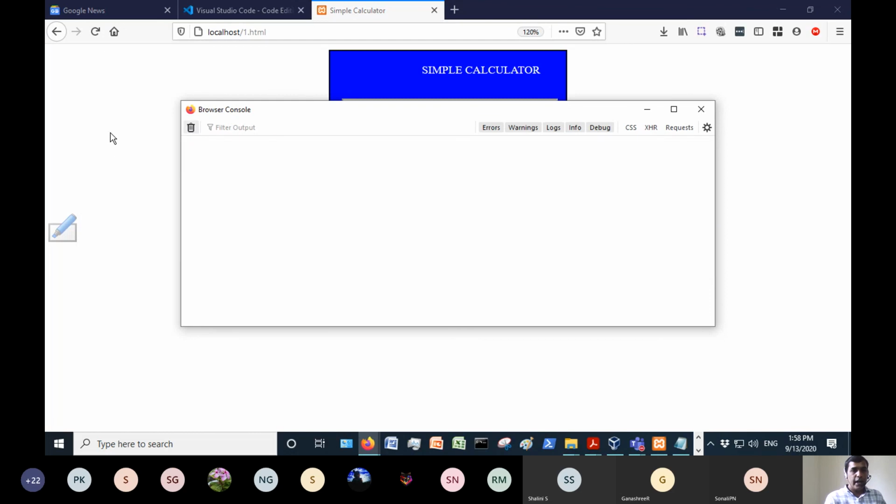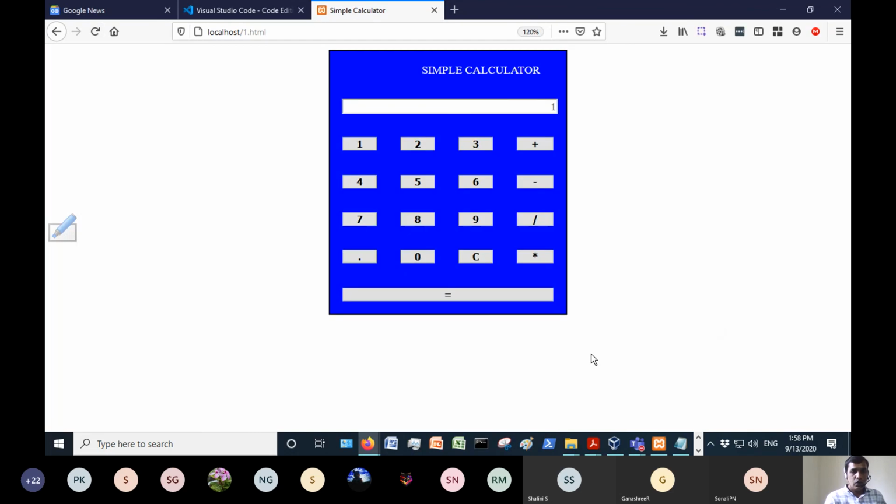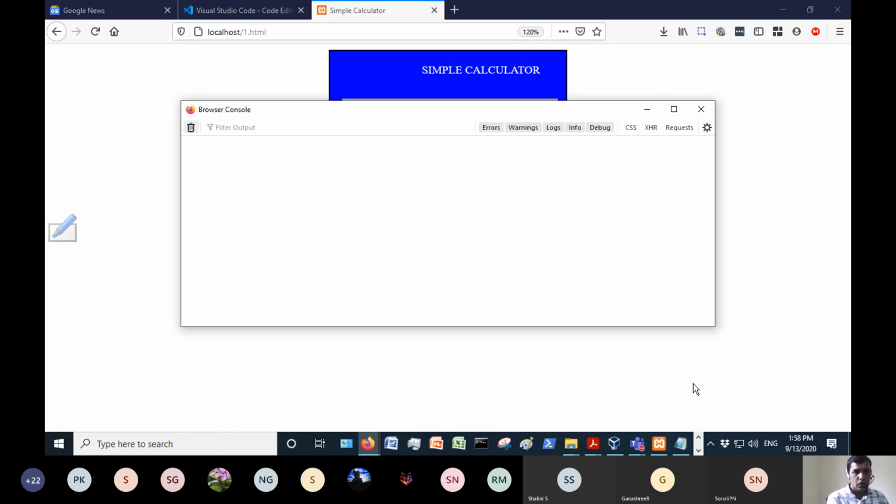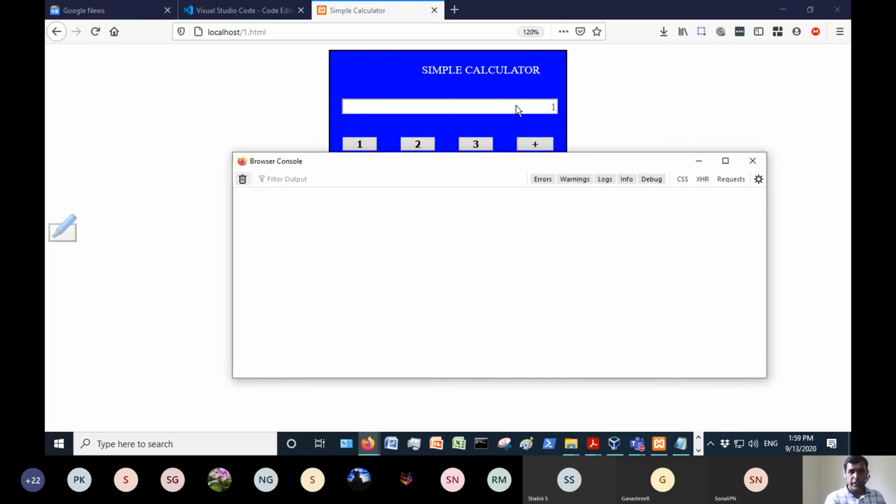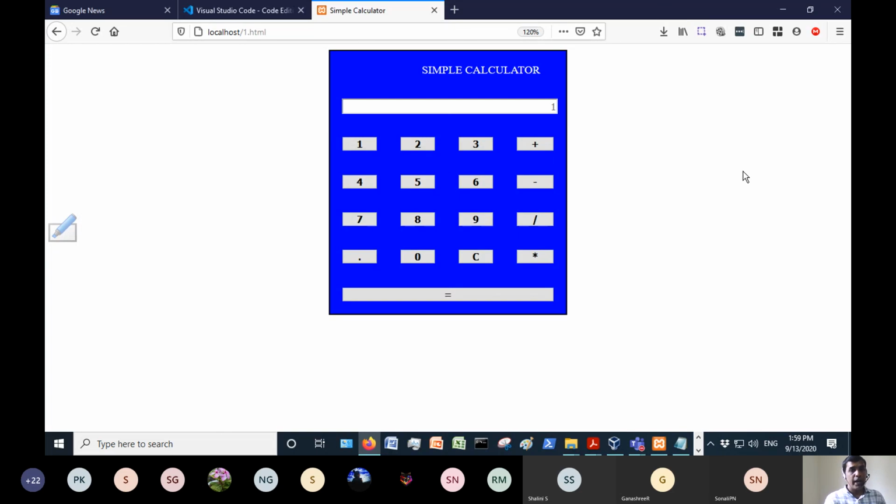You can delete the old errors and run it again. Right now the program is working correctly. There is no syntax error. JavaScript syntax errors can be found in your browser console.